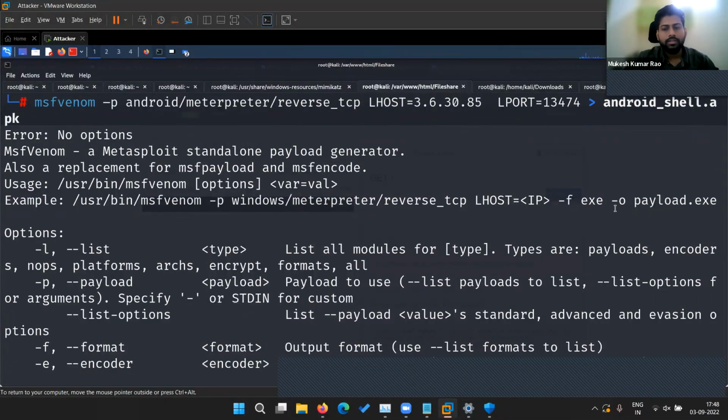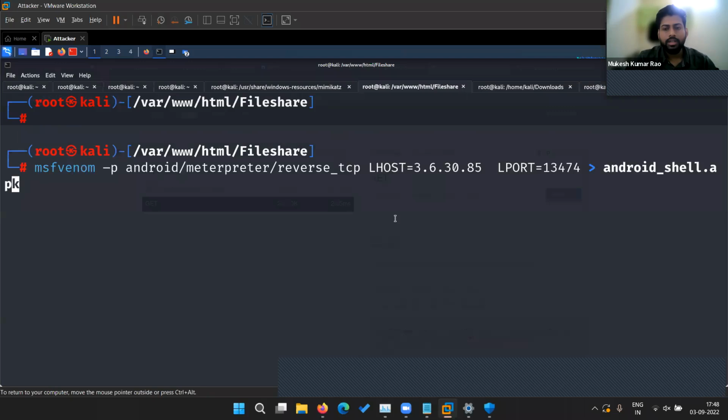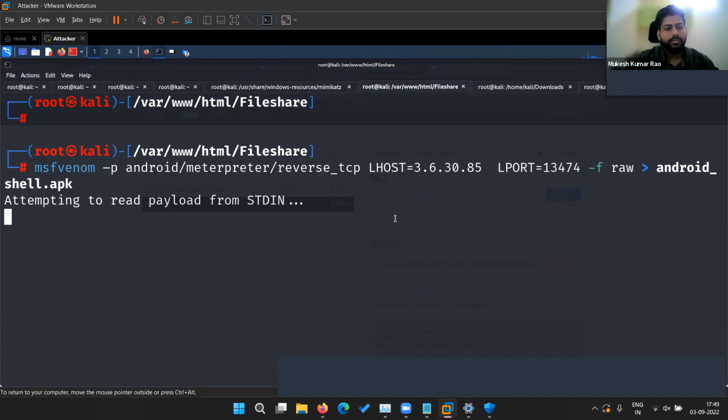Meterpreter exe file, yeah, that is correct. So okay, let me just create it. -f apk is not there, so we can go with the raw format. Android shell, yeah, then okay,